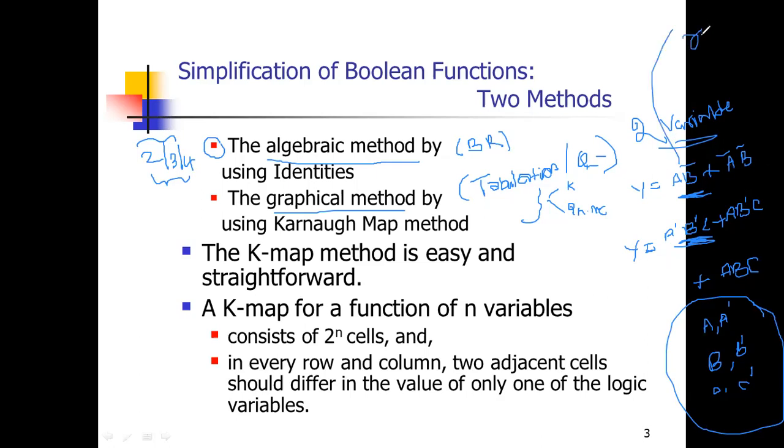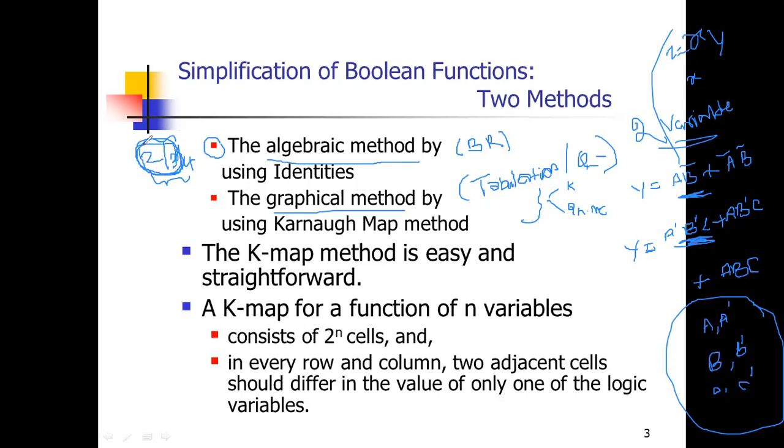It may be x, y, z. If the Boolean expression consists of only two variables, that is called a two variable equation. If it is three variables and their complements, that is called a three variable equation. If it has four variables and their complements, it is called a four variable equation. So Boolean expression reduction is very simple up to two or a maximum of three variable equations.